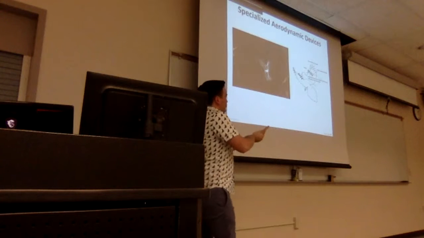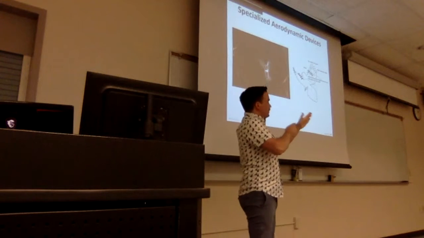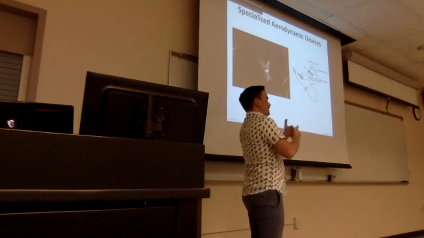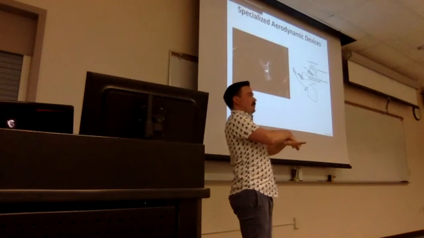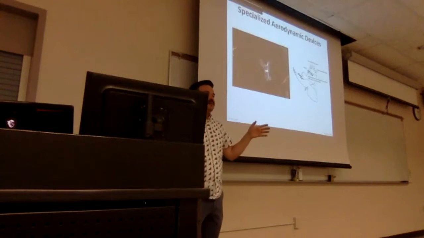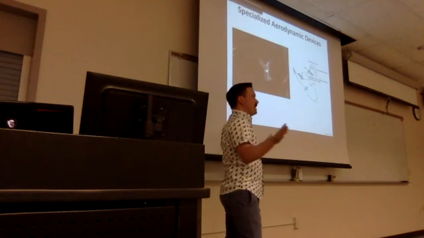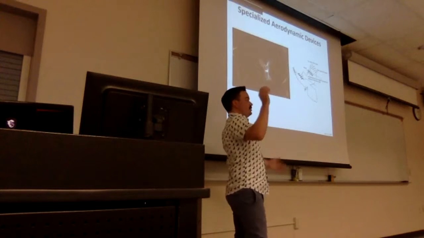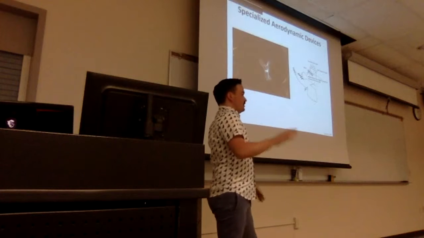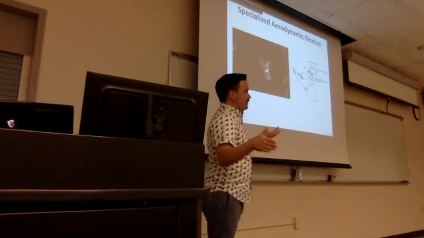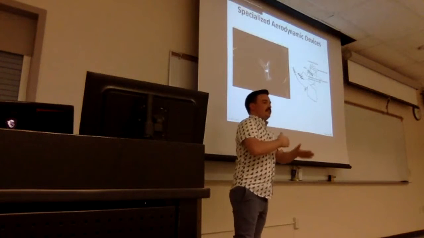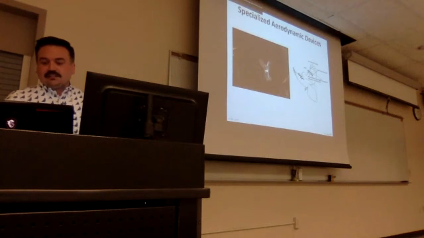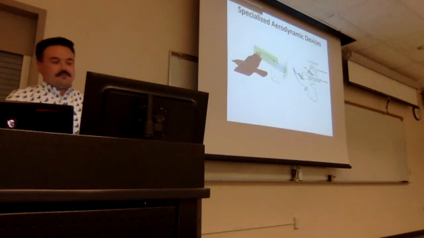And the deployment of the alula creates a vortex as well. That vortex rolls over the back of the wing to help keep flow attached to the wing, increasing its lift while they're doing these slow, aerodynamically demanding behaviors. Typically, the more you slow down, the less force you're going to produce, and eventually you'll fall out of the sky, called stall. But with the alula deployed, you end up generating more lift than you would at that speed. And so this is an adaptation for increasing lift during slow, flapping flight.